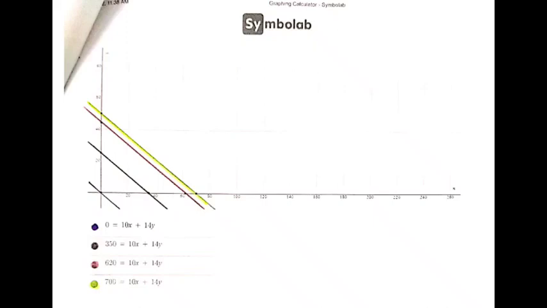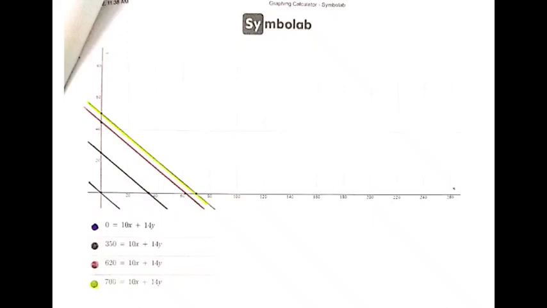So this line I have drawn for your convenience, and for the other purpose that we will take in the next graph. So this graph basically belongs to this second one. You can see 350 is equal to 10x plus 14y, and you can relate it to the equation of a line. You can have any realistic value of x and y, so you can plot